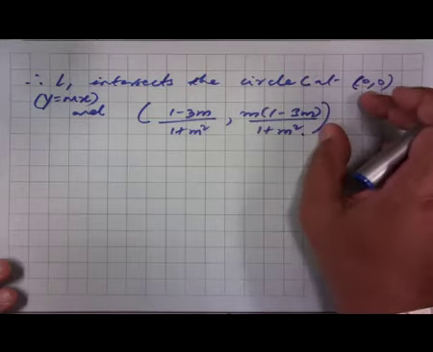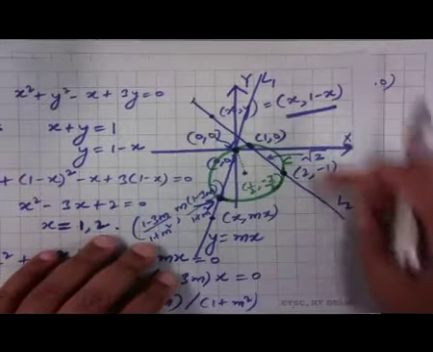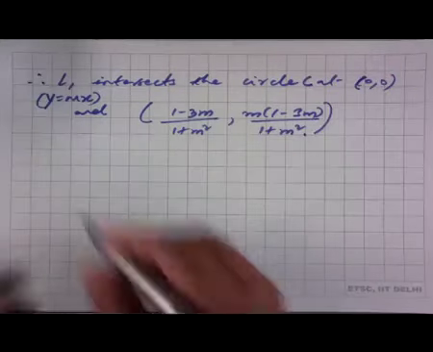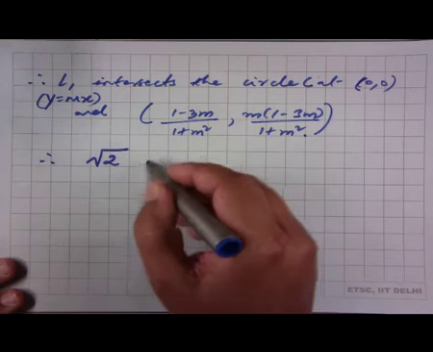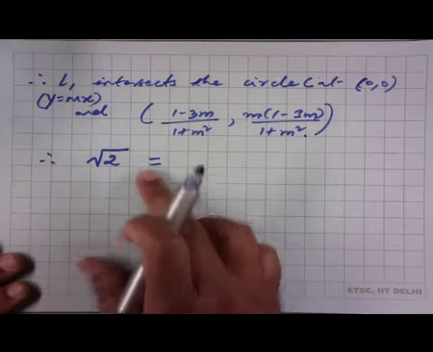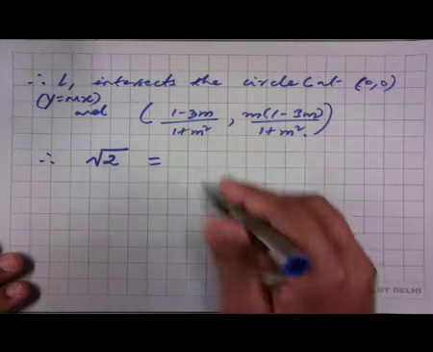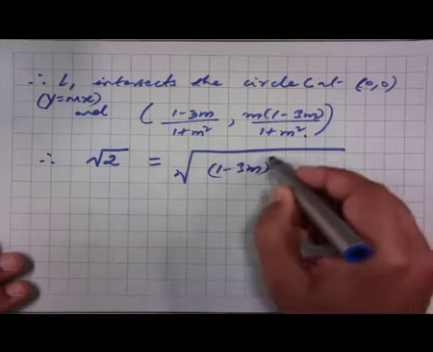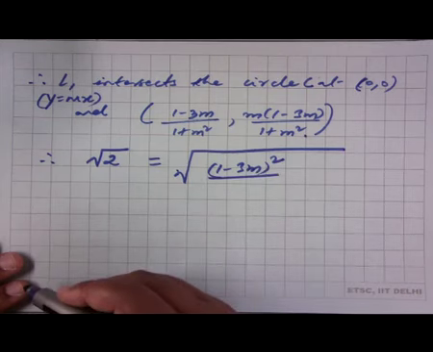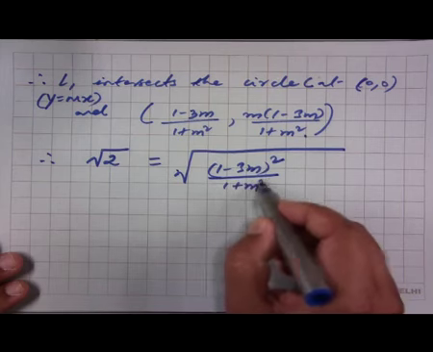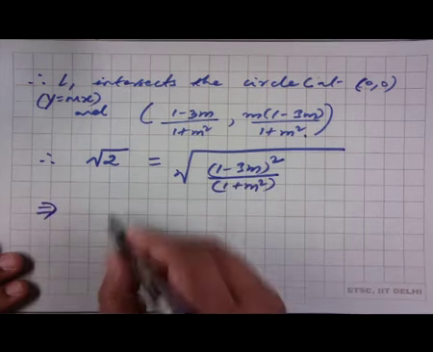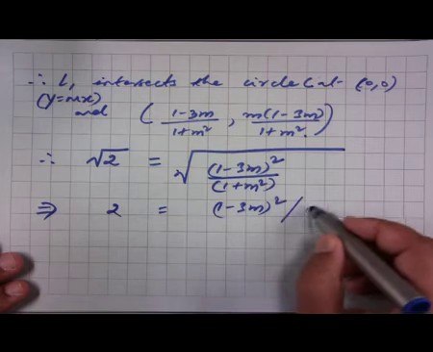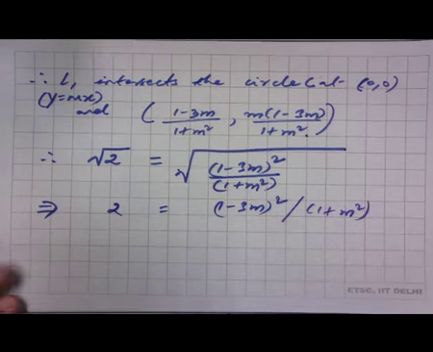and this should be equal to the intercept made by the line L2 on C, which is square root of 2, and hence we have the equation which is square root of 2 should be equal to the distance between these 2 points, which will be... on simplifying this we get